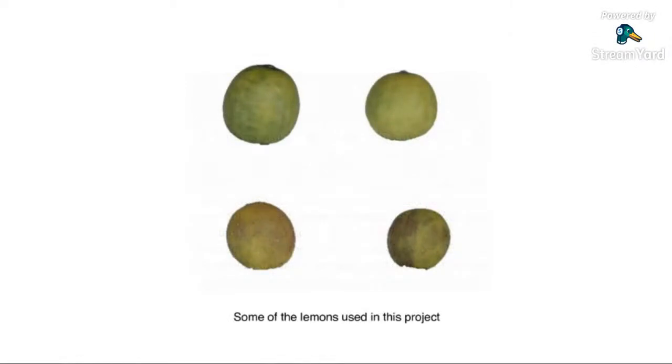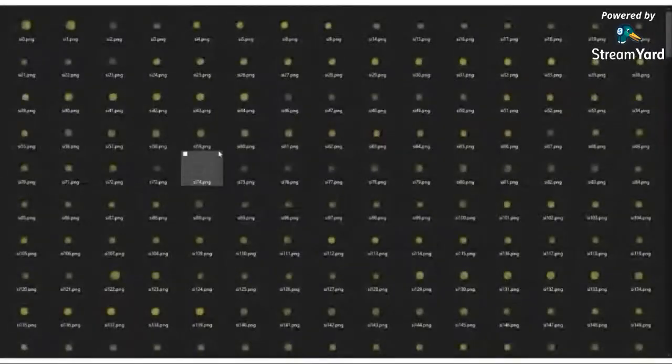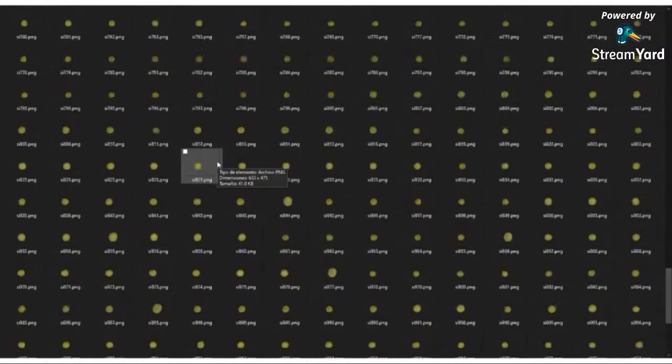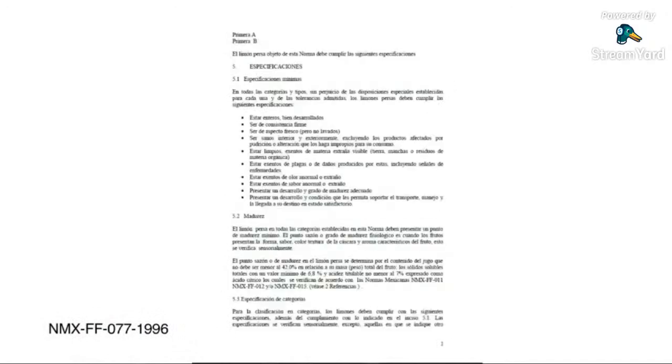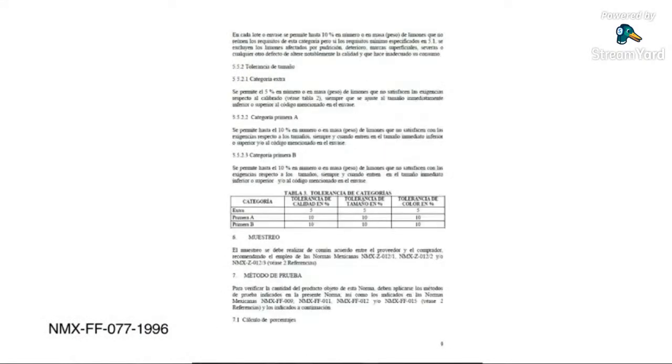In this project, a computer vision system was developed to evaluate the main physical features of Mexican lemons produced at Colima, Mexico. The features selected for this project were size, color, and peel defects. A total of 913 lemon images were used to build a dataset which contains the features mentioned before. With the resultant information, a quality assessment was made based upon the Mexican norm